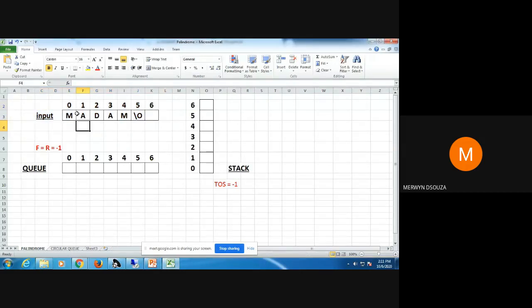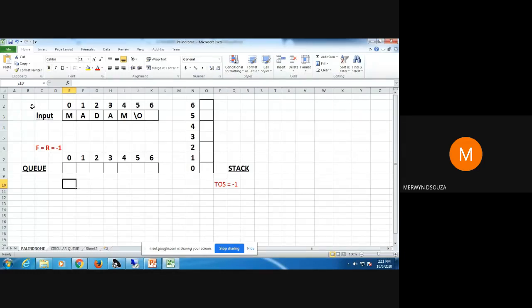And the string is always terminated with a null character. That's why I put this. You don't have to enter the null character. Automatically C adds that; your compiler adds it to your array when it's a string. So you will just be entering the correct word, whatever word you want to check for the palindrome.